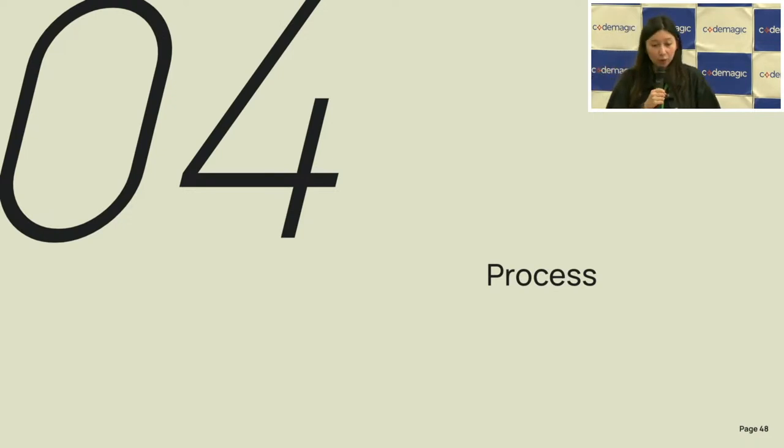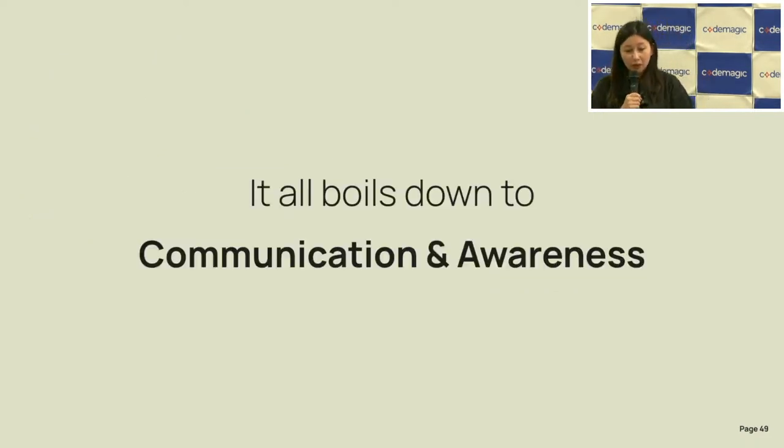In the end, we have the process, and the process is quite easy. You have to communicate, and you have to have awareness. If you don't know what an accessible app is, you cannot make your app accessible. And if you don't know what the pain points of the users are, you can't make the app accessible. You also need to communicate with your designers, because the designers need to give you designs for large font, for instance, or how the UX should be for screen readers. This is all something you have to talk about with your designers.